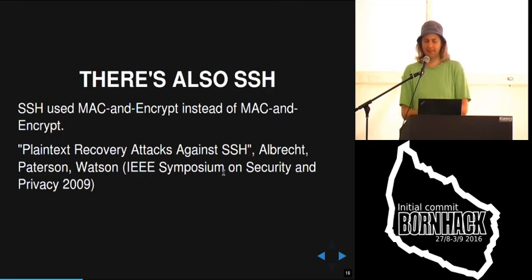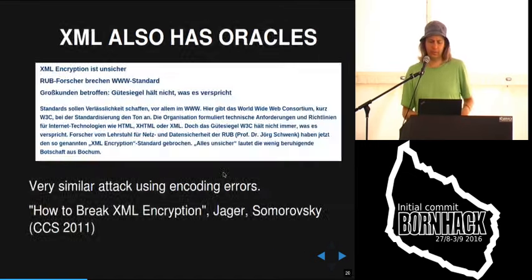Then a couple of years later, apart from TLS, another encrypted protocol which is quite important is SSH, and they do something different. They don't use MAC then encrypt, they use something called MAC and encrypt. So what they do is they calculate a MAC, and then they encrypt the plaintext and place the MAC outside. And it turned out that this is also very problematic, and there was an attack against it. And these days, these modes that have this vulnerability are no longer enabled by default in OpenSSH. But I think they still can be enabled, and some older implementations still use them.